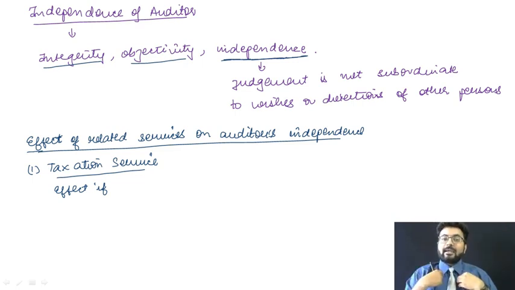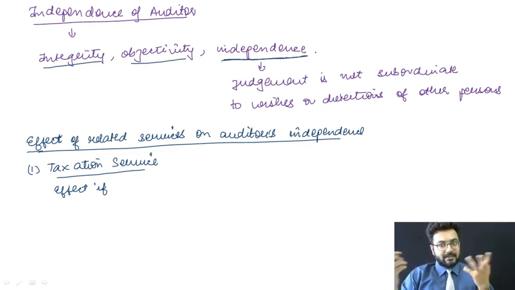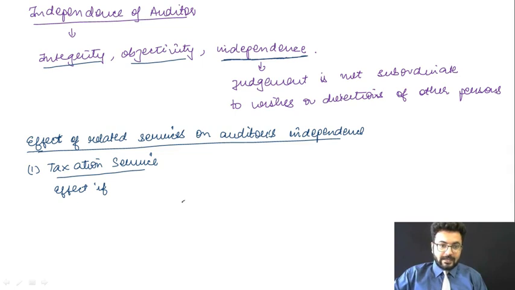Company can be my client, but director should not be my client. If director becomes my client, he is going to give a lot of mouth-watering offers to me. Right? Getting my point? Effect of dealing with tax affairs